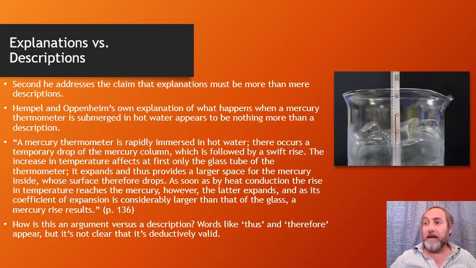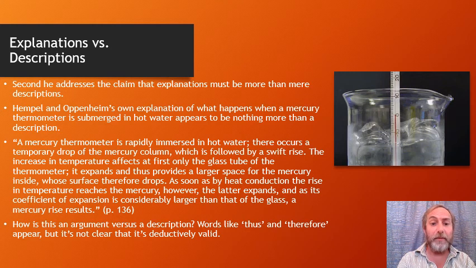And you'll recall that Hempel and Oppenheim make a distinction between explanation and mere description, right? Explanation is supposed to be something more than just describing the phenomenon. Scriven's not so sure about this either. If you read the Hempel and Oppenheim, they give you a little example of a scientific explanation at the beginning. And Scriven points out that really all they've given you is a description of a kind, right? So here's the whole quote from Hempel and Oppenheim.